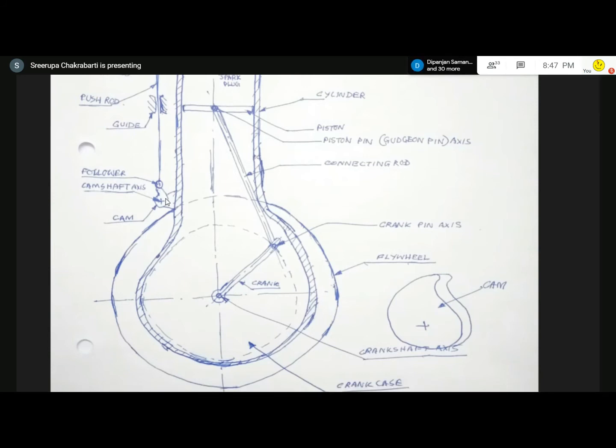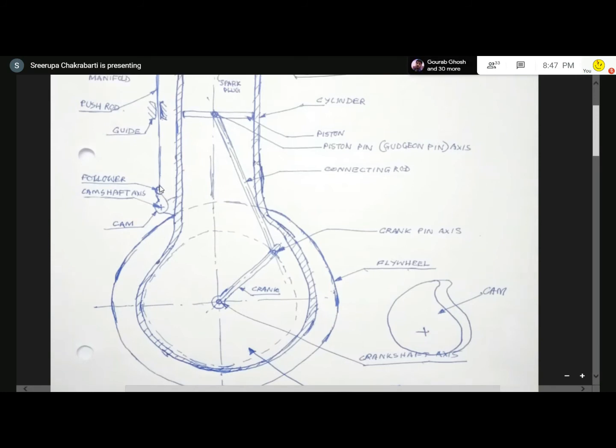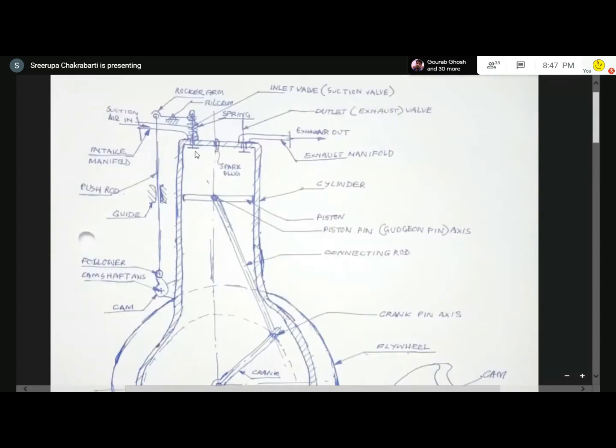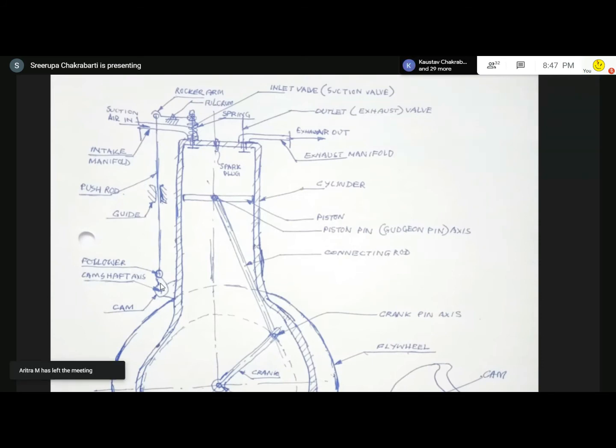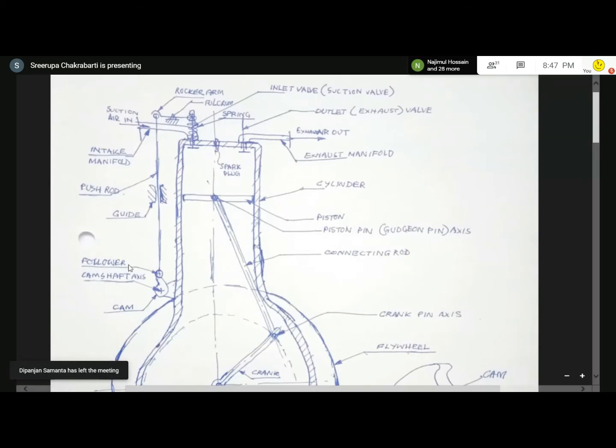Now, what I'm trying to tell you is that corresponding to each valve, there are two valves per cylinder. So for each valve, there is one cam. For the other valve, there is another cam on the same shaft. I have not drawn it. So the mechanism for operating the valve, which is called the valve operating mechanism, is similar. Now, if you have only one cylinder, two valves, so two valves means on the camshaft there are only two cams.